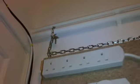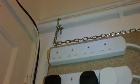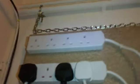Right, this is the PDU board. As you can see, it's suspended from the water pipes with a solid CL50 chain. It's quite solid. It's hooked around the pipes up there, locked with padlocks, so no one can get this off the wall unless they use bolt cutters. I tried hammering this chain to get a link out of it earlier on, and it's really bloody hard. So I can safely say that would not be coming off the wall unless it was ripped off the wall,